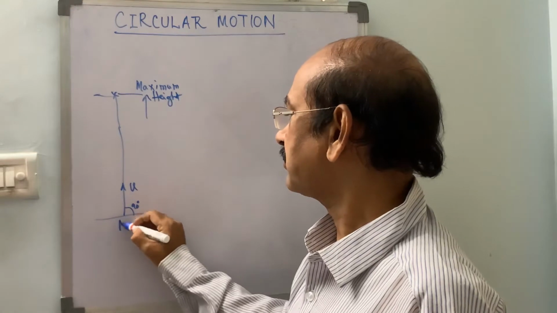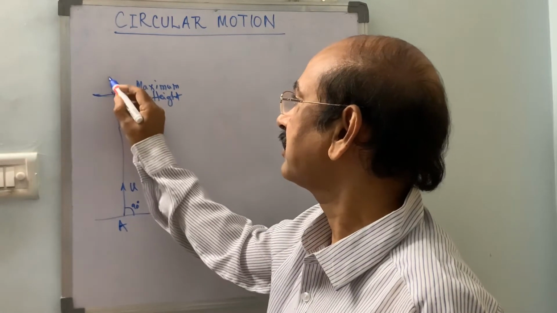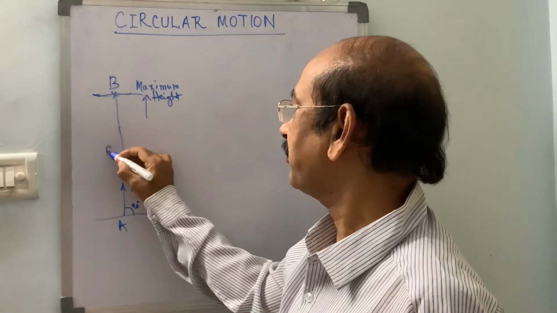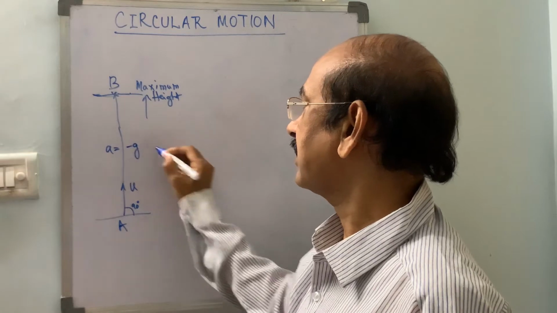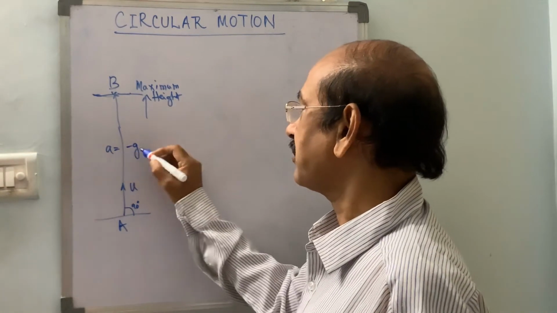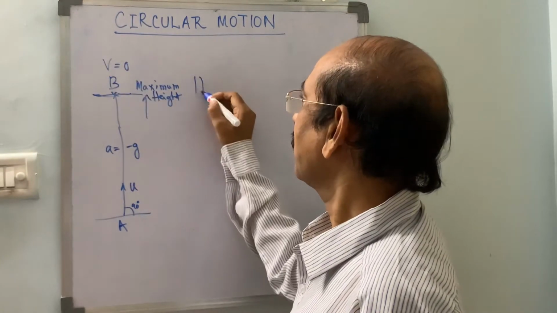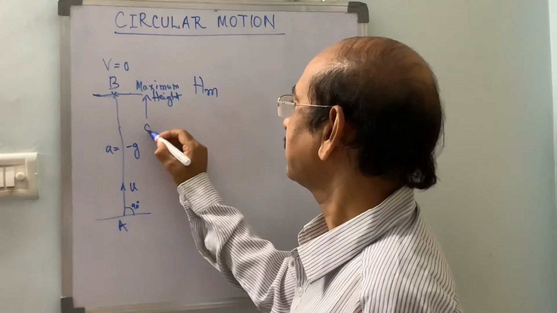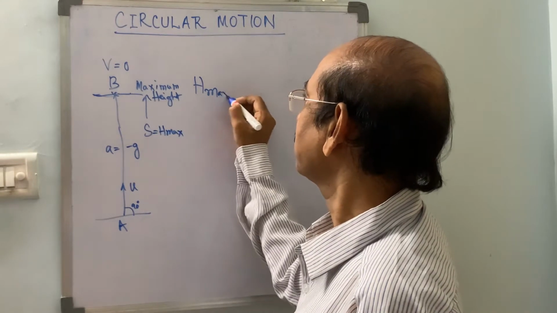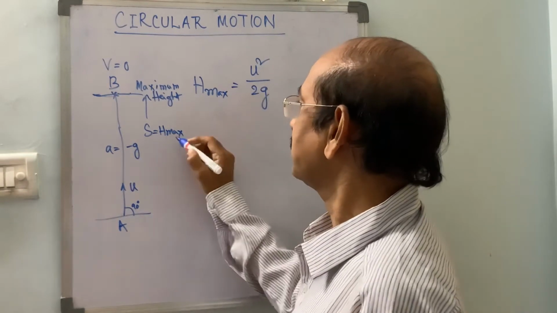So when a body is projected from the earth from point A, now as the body is moving up, its velocity gradually decreases. Then its acceleration is said to be negative, and it is equal to minus g. Here final velocity is equal to 0. Now the maximum height h maximum is equal to, in this case, u square by 2g,